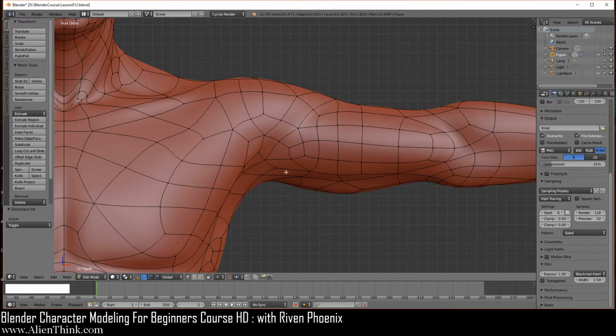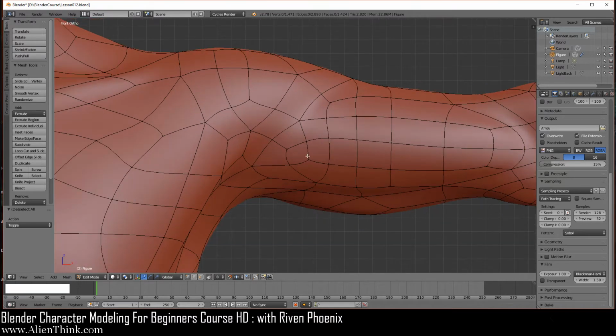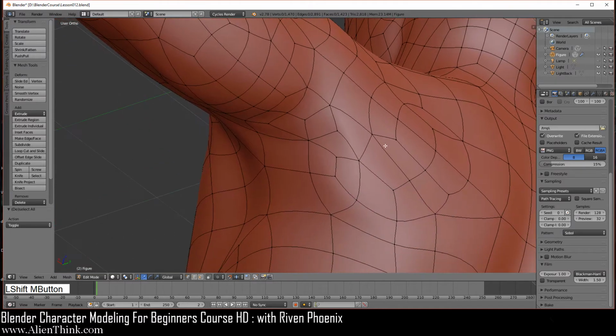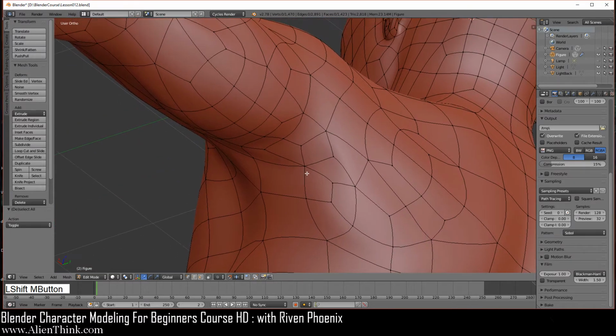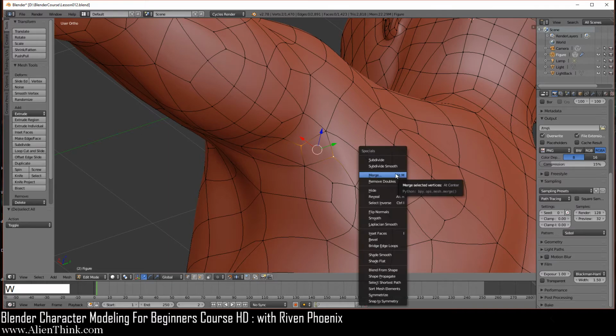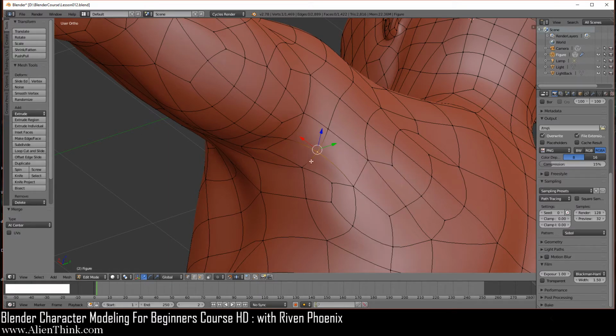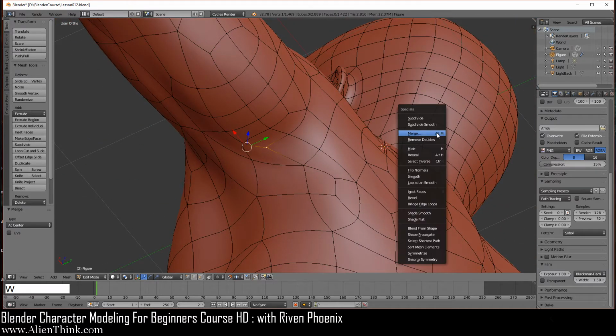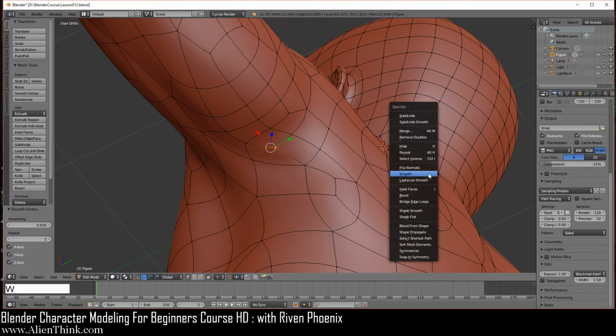Now, since we've finished manipulating all the vertices, there are a few things that we don't actually need over here. One is going to be this diamond shape over here. We can just do W, merge at center, and it'll get rid of it. A to deselect everything, go to your back view, and you'll notice that we have a few diamond shapes that we don't need anymore. So select this, shift key down this one, do W, merge at center, so that'll clean that up. Now click on this vertex, do W, smooth, and let's do 1 2 3.